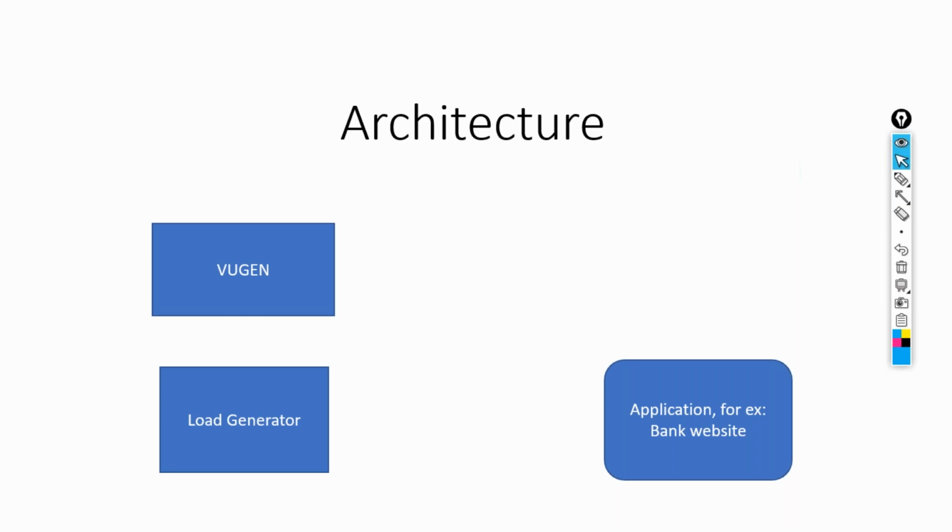The next component: now we have the virtual users ready, and we have the scripts ready. Now we need to trigger the execution, like we need to execute those scripts. So for initiating the execution, we need a component that is called controller or performance center. This component is responsible for initiating the execution, and it has some additional capabilities also, which we will discuss in our upcoming sessions. So on a high level, this component will be responsible for triggering the execution.